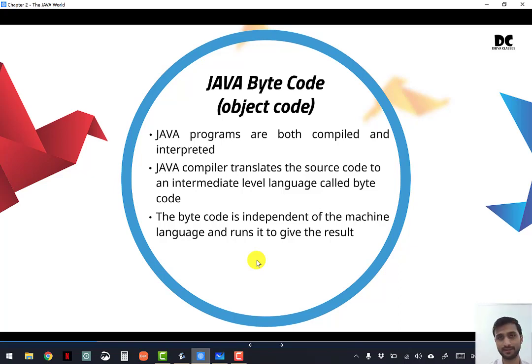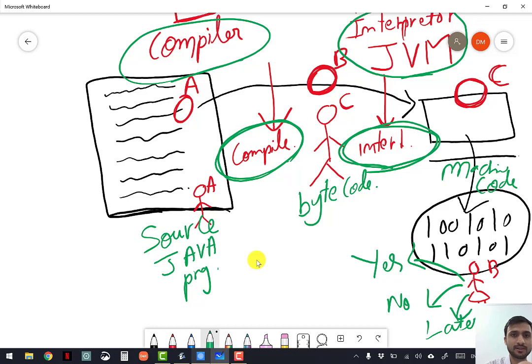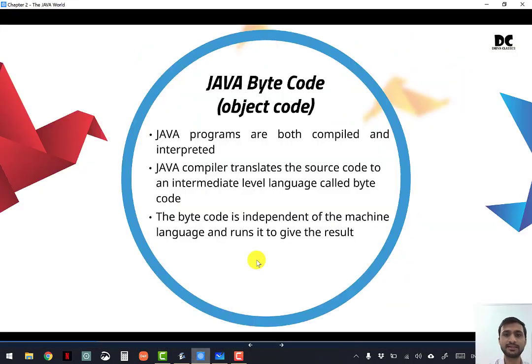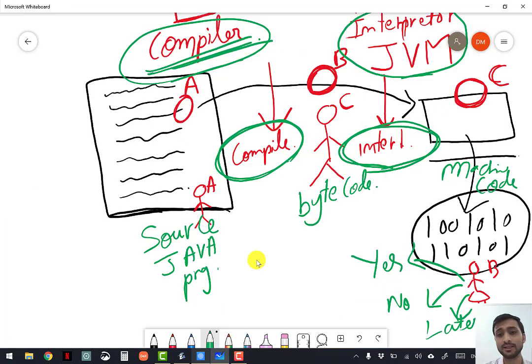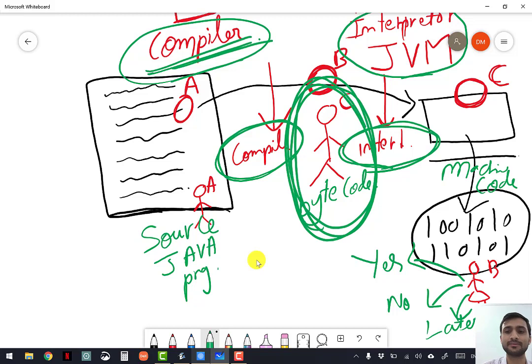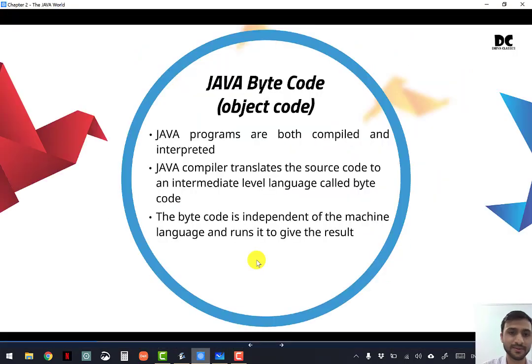The work of the compiler, the first step, is that it translates the source code into bytecode, which is an intermediate level language. Intermediate level language means the language that comes in the middle. The bytecode is independent of the machine language and it runs to give the result.